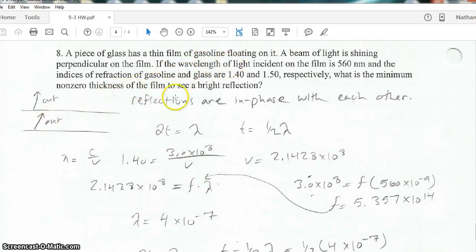So anyway, we've got gasoline, and then if we look at this again, air has an index of 1, the gasoline has an index of 1.4, and then the glass has an index of 1.5. So since this one is steadily increasing, both reflections are out of phase with the original. Since they're both out of phase with the original, they would be in phase with each other. And therefore, if I want to get a glare, right, if I want to see, in this case they say we want to get a reflection, a beam of light shining on a particular film,